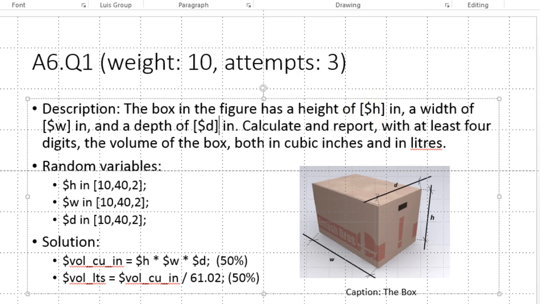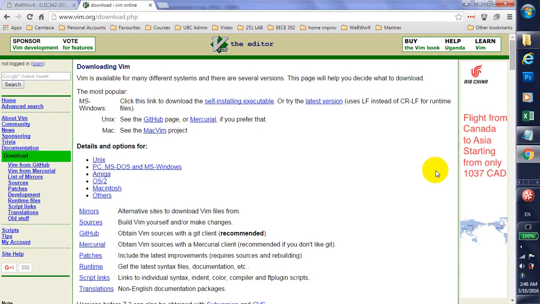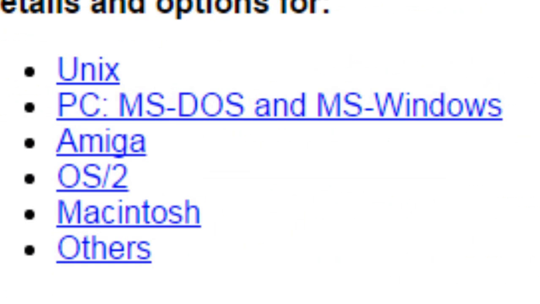The problem is ready. This is what we supply to the programmer, and now we go to the programmer side to see how he or she will code this into WeBWorK at UBC. To write the problem in WeBWorK, I recommend that you use a proper editor. The one I use is Vim, the editor that is free, and it's available for almost every operating system there is on this planet. It's available for Mac OS, for Windows, for Ubuntu, any other variety of Linux runs Vim. For Unix,